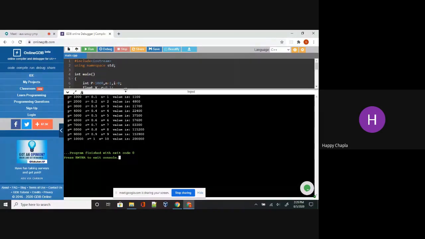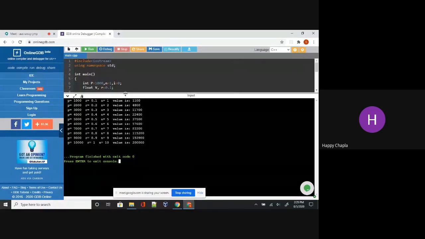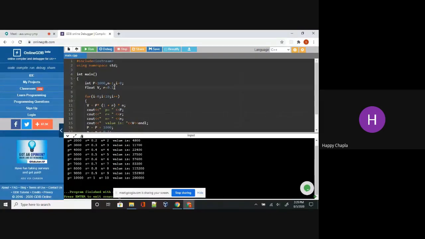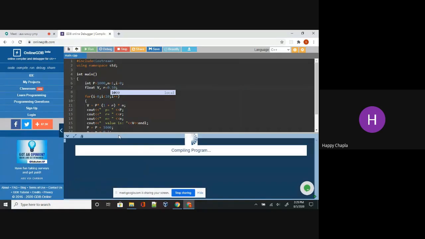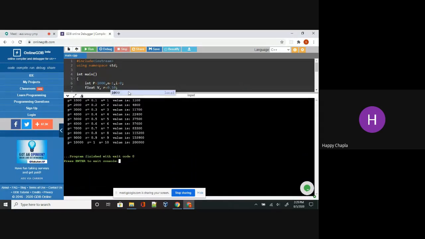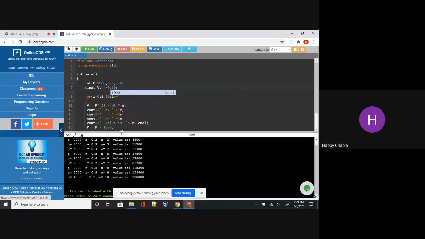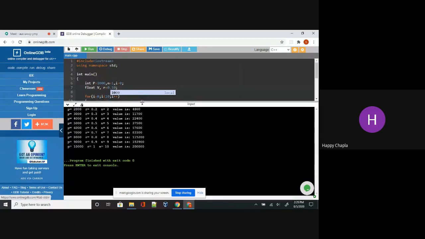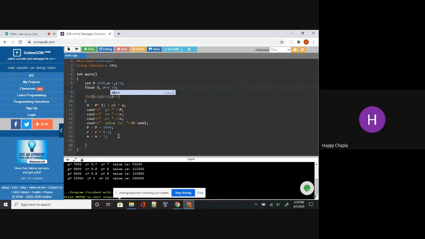So instead of that, as mentioned, your r value first time should be 0.10, then 0.12, and then 0.13, right? In that case, it will not work properly. This is 0.2, so we need 0.12.